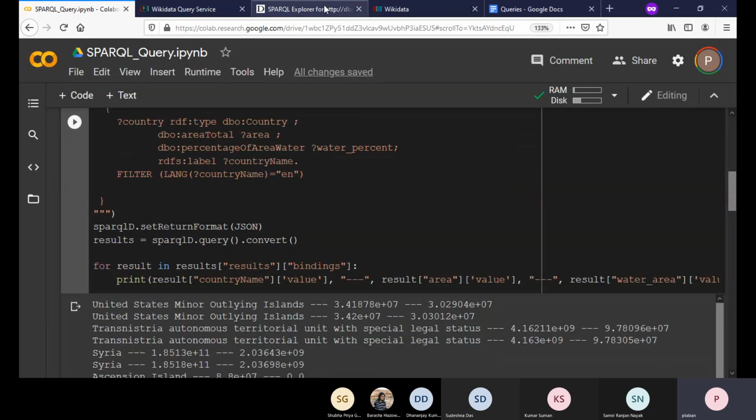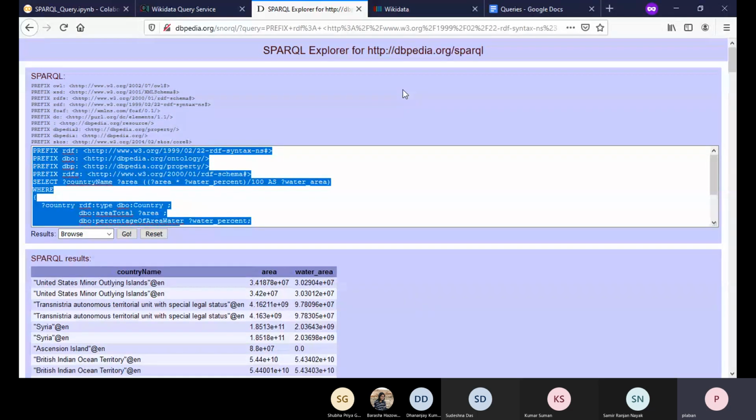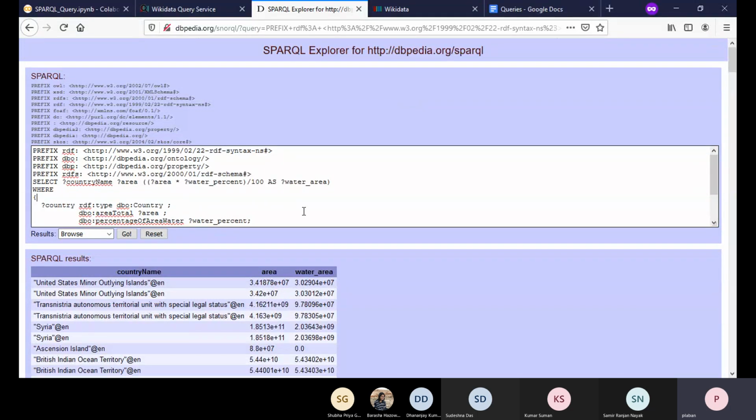Now, one thing that you might need to consider is, if I give you a natural language query to write, there is a natural language description of the query which you will find in the assignment file. But how do you convert that into a SPARQL query? For that, you need to explore the structure of, say, DBpedia or Wikidata. Wherever you are running the query, you need to explore the structure. The structure is basically the way the concepts and the properties are organized, right?